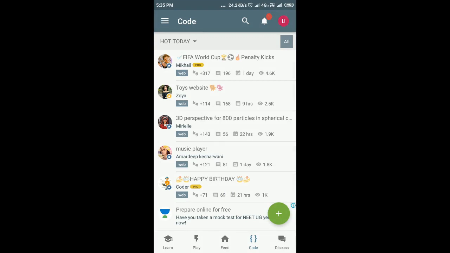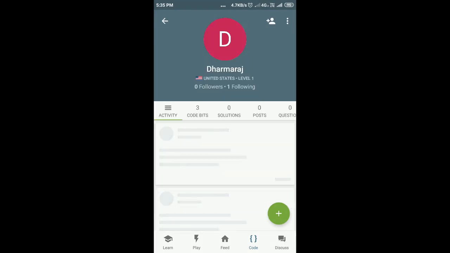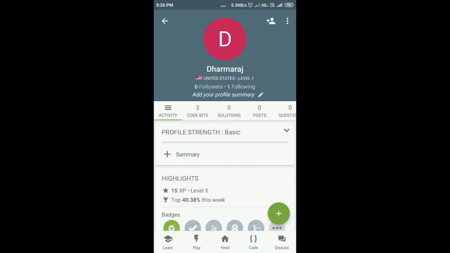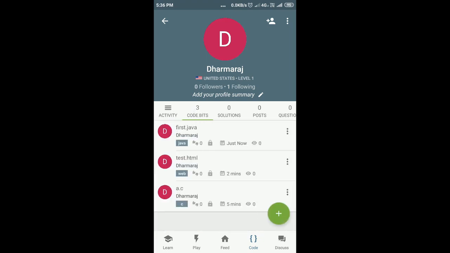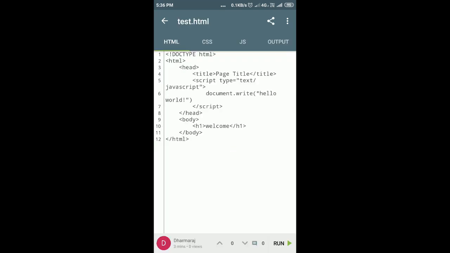So you can click on your profile icon, and in that you can see the different tabs available at the middle, that is activity, code bits, solution, post, question, etc. So in the second tab, that is code bits, you can click on it and you can see your saved files appeared here, first.java, test.html. You can simply click on it and you can open it and you can edit it.